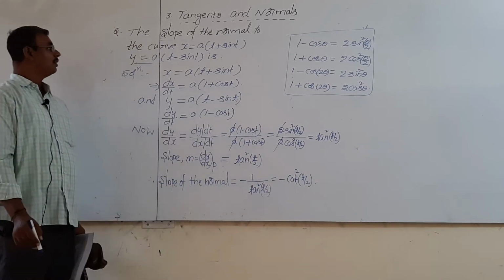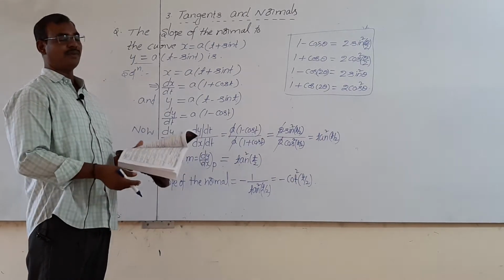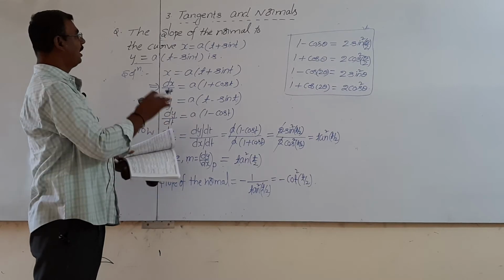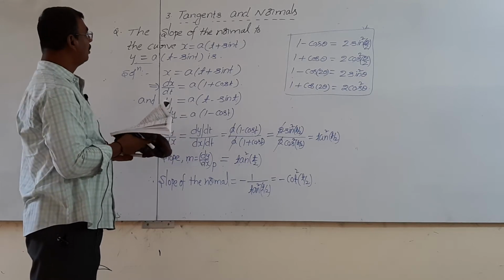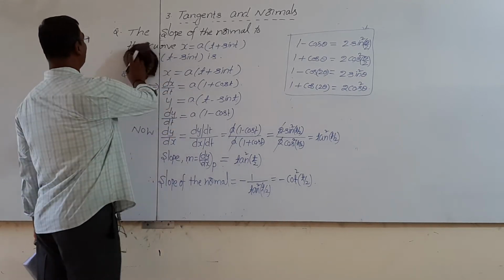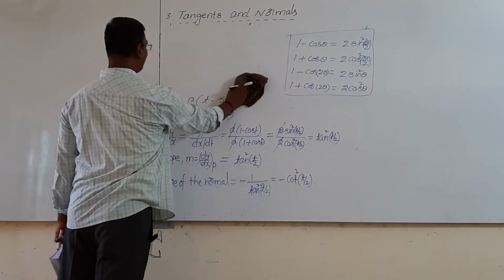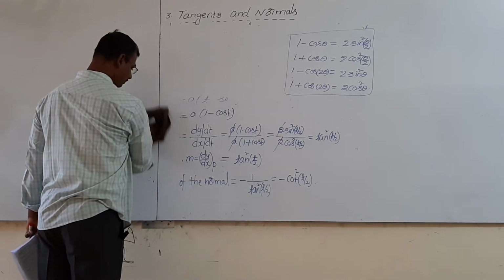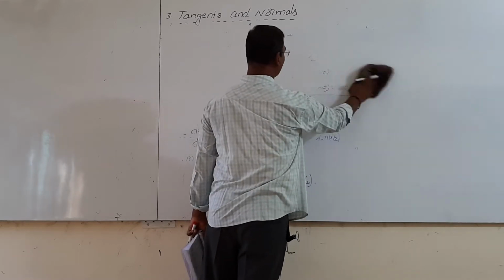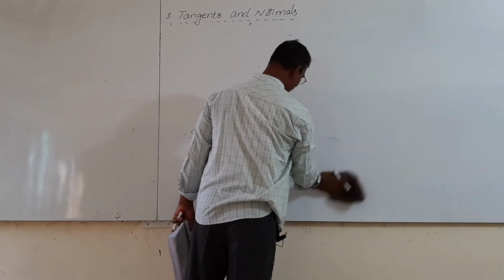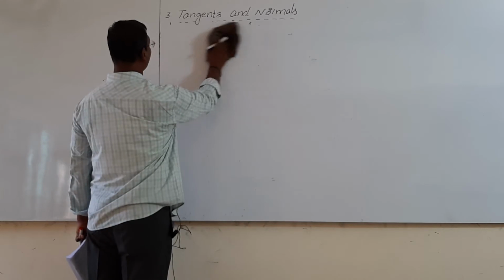So we do all types of questions like this. If any problem is given for slope, we should apply it either in parametric form or general form, whichever is given. Now after this we are going to see the equation of the tangent. How to find the equation of the tangent and the equation of the normal? Let us see. According to the concept, today we are discussing only equation of the tangent, equation of the normal, slope of the tangent, and slope of the normal models.